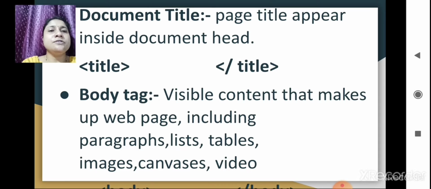Body tag. The body tag comes after the head tag.